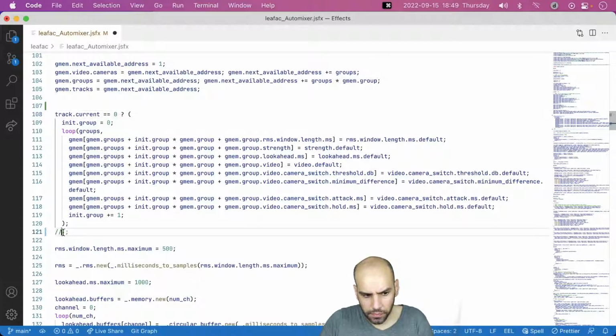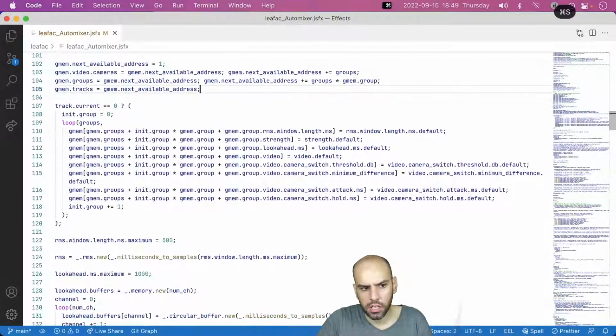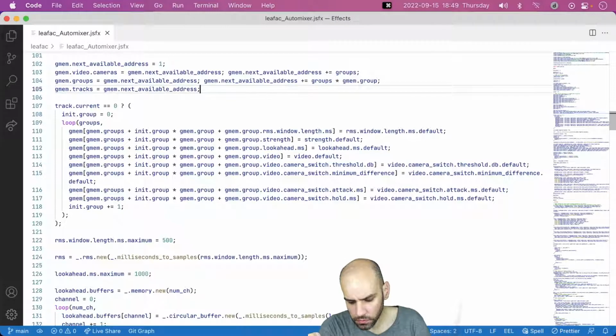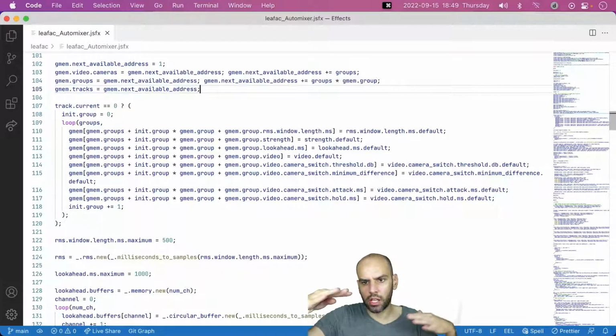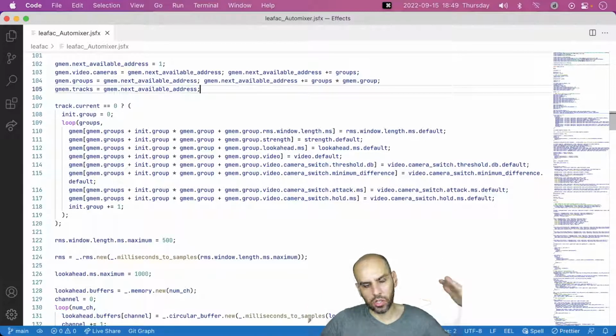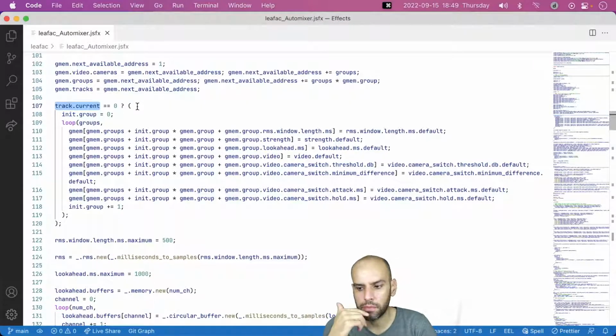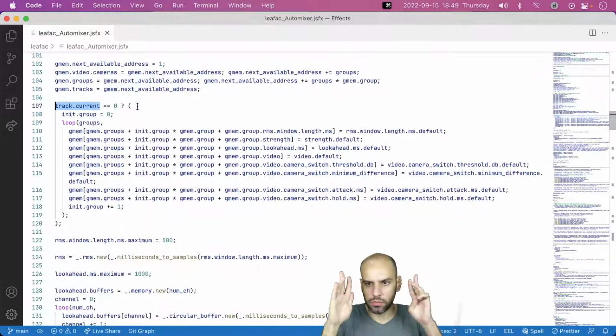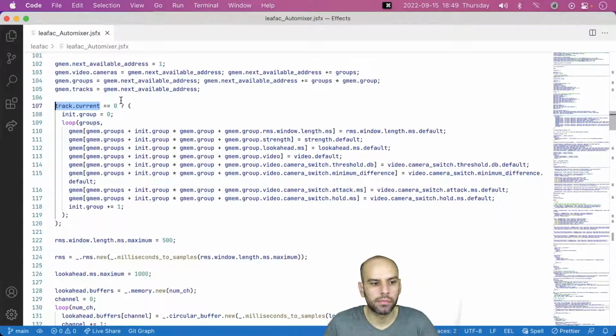And we do have this internal counter that we need for other purposes, not only for syncing global parameters, but also for communicating the loudness of the different tracks and actually do the auto mixing. We need to have this way of registering tracks or registering plugin instances, so they all get their own ID, which is just a sequence of numbers, and we check that we are the first,